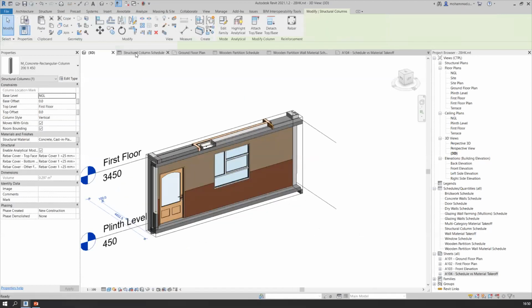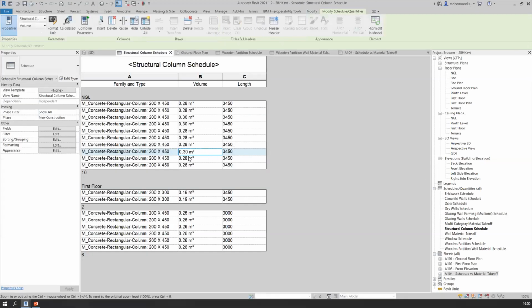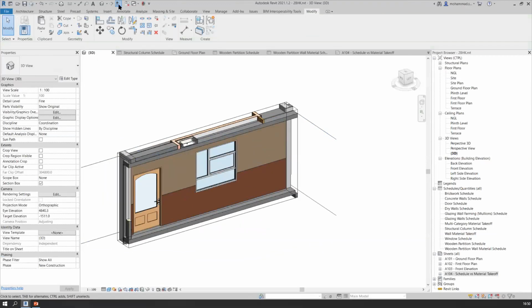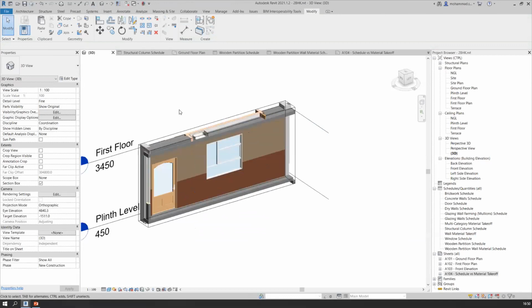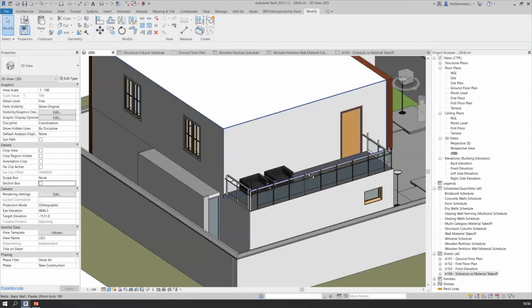there are two reasons to it. One might be that these columns are not properly modeled. Another reason might be that some columns are overlapping with other structural components. Somewhere they are overlapping with beams, and in some places they are overlapping with a floor plate.